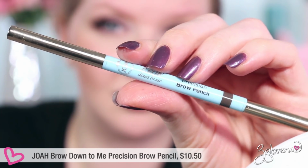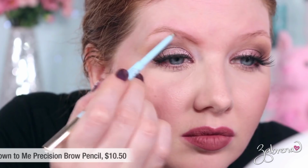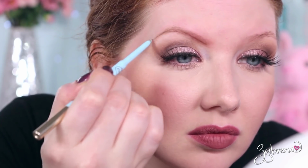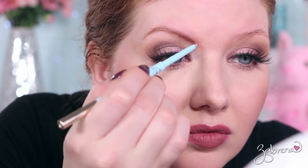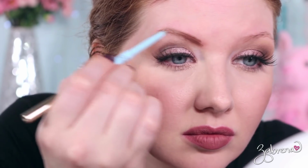The shade that I'm showing you here is Brunette. Quality of this one is bar none one of the best drugstore brow pencils I have ever tried. You do not need much at all for application. This is one that I do not go through fast simply because very little pressure is required to apply this brow product. And while it's a little dark in color, it works for me,